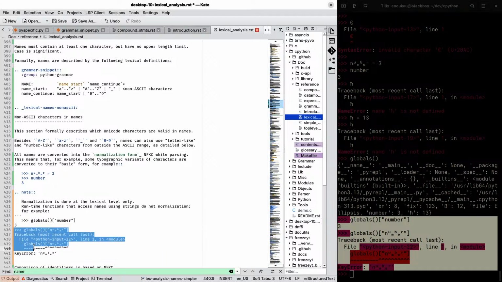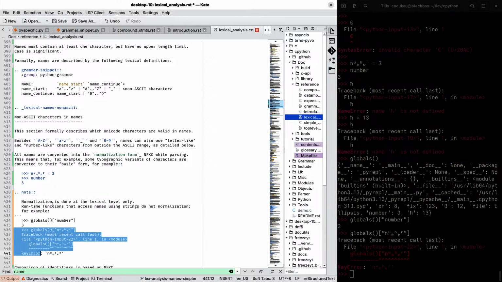Line 431. Do we want to say not normalization or do not normalize? Do not.